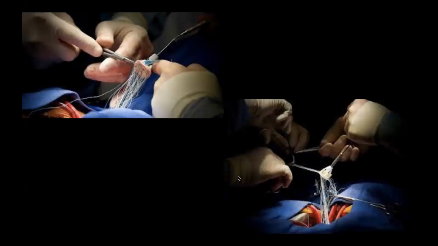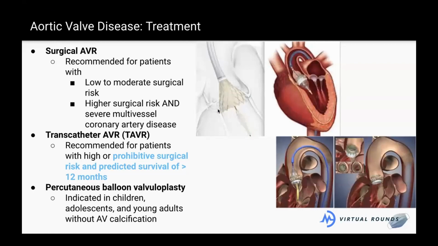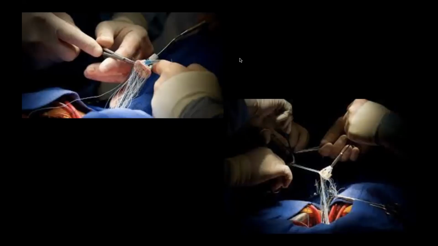Now, I think this is the coolest picture and we'll end on this. We call this parachuting down a valve. This is an open heart surgery. So what they do is they take this new valve, they put like a million stitches around where this valve sits in the heart. So around here, they'll put a bunch of stitches in, and then they'll put those same stitches up here in the heart.